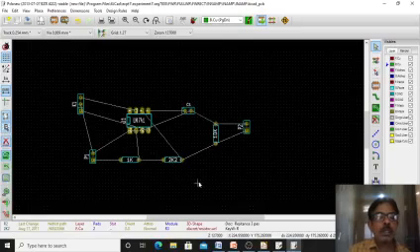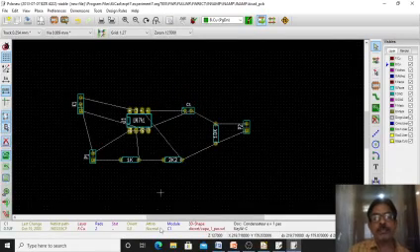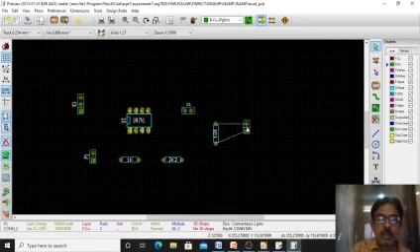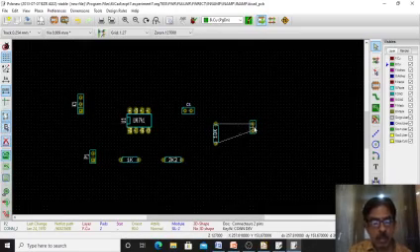Then we can see here, we'll check for this. Yes, it is correct. So I have to check it. And then you rotate it.